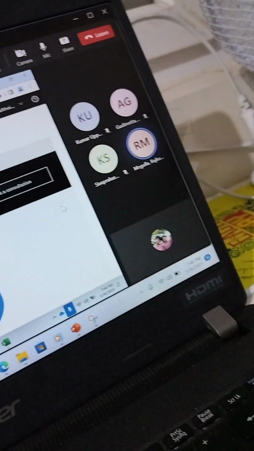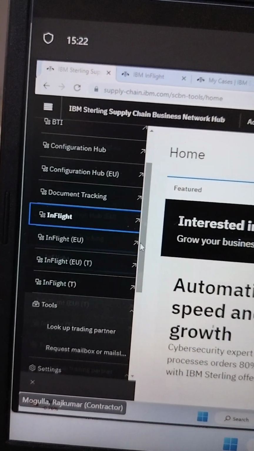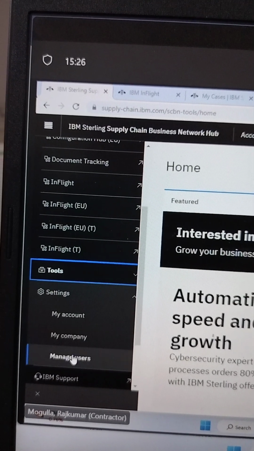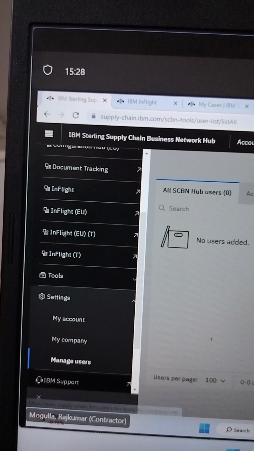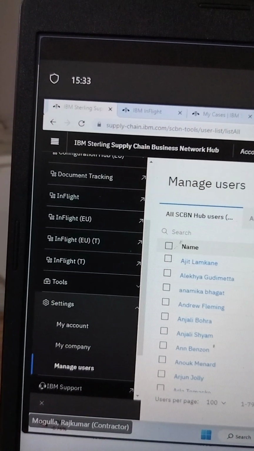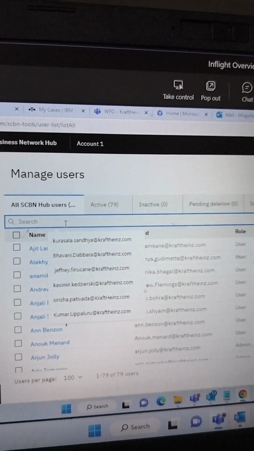So whenever you log in, you will not see all these. Why? Because mine is an admin account, so that's why I am able to see Manage Users, Company and everything. Okay, so if I want to check Bhavani's access,